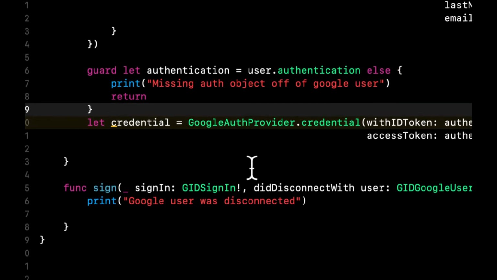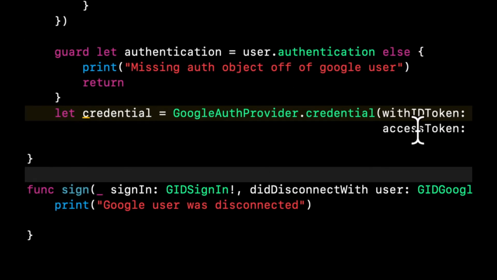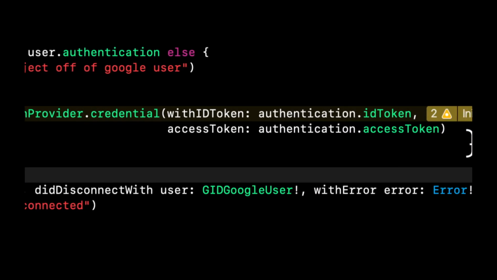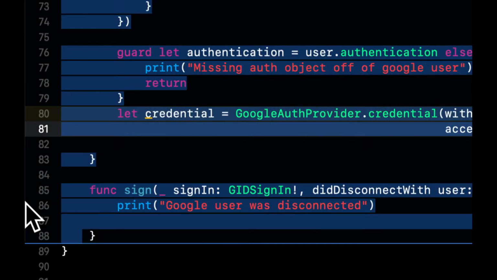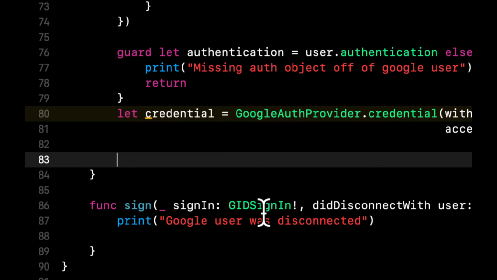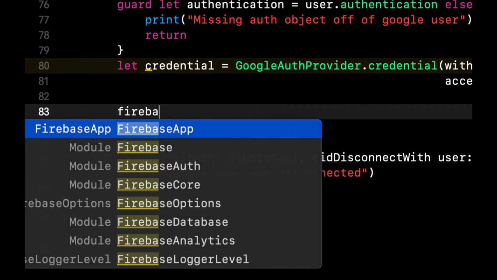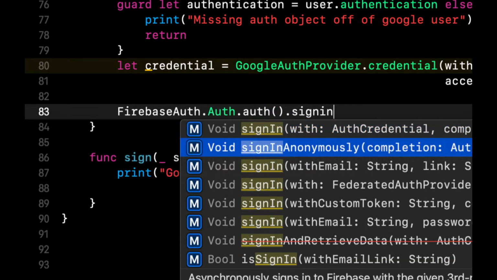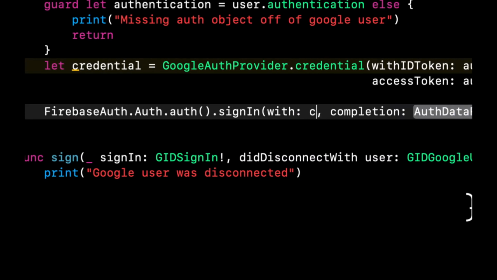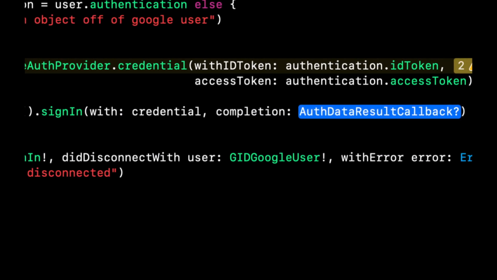And after that, we're going to get a credential by calling this Google Auth provider, similar to how we call the Facebook Auth provider. And for the credential function, we pass in a token off of that authentication object. The first token is an ID token. Second one is an access token. And this is just complaining that it's an unused constant we've got here. Once we have this credential here, we can use Firebase auth to actually sign them in. So Firebase auth, sign in, and we want to say sign in with credential, pass that credential in, and similar to before,